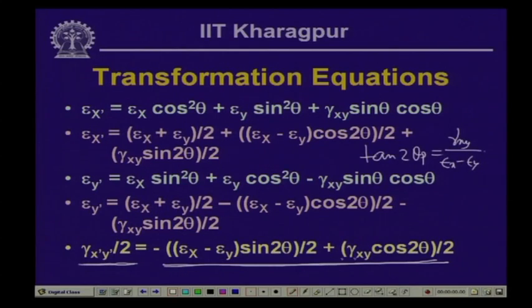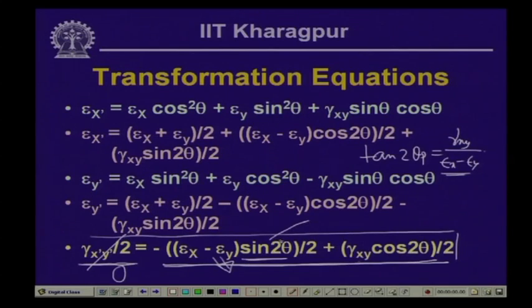Now, if in this expression for shearing strain we substitute gamma x dash y dash as equal to 0, this expression leads us to tan 2 theta equal to gamma x y by (epsilon x minus epsilon y). This indicates that at the angle at which the maximum normal strain occurs, the shearing strain is